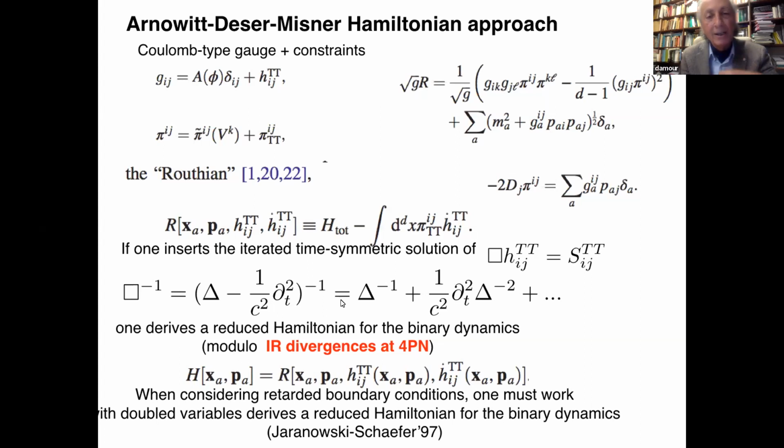You can do that, and this was done up to the 4 PN level. So let me stop this. And the only problem is that this leads to infrared divergences at 4 PN, but